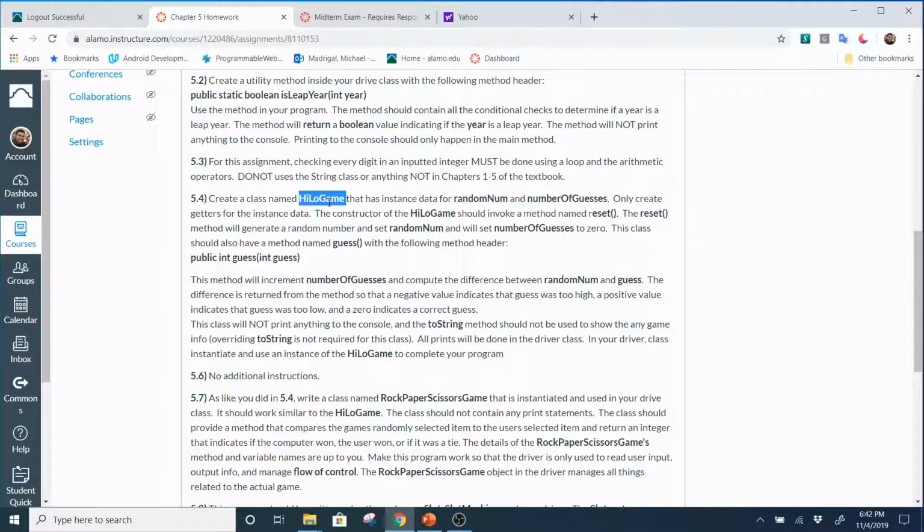So you're actually going to make a class so that you can instantiate an object. And then this class is going to have instance data for random number, instance data for number of guesses. You're going to have a method named guess, right? And the method named guess, this is going to be the header for it, where you take in a value. So you're going to invoke the method guess on your high-low game object, pass in the user's guess, and then